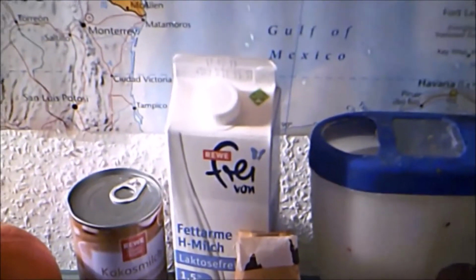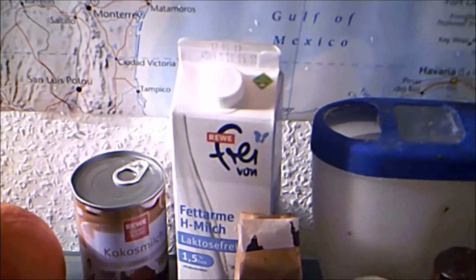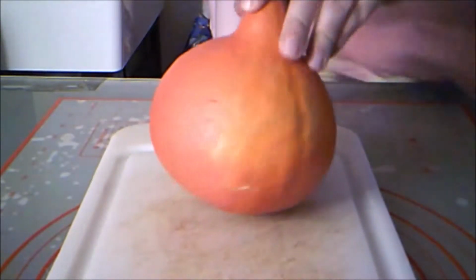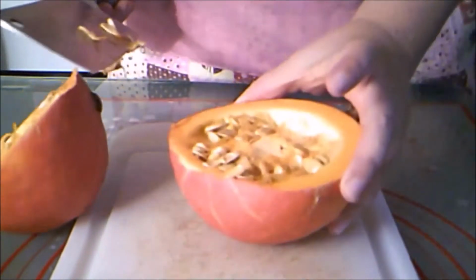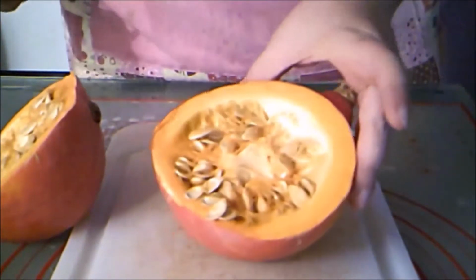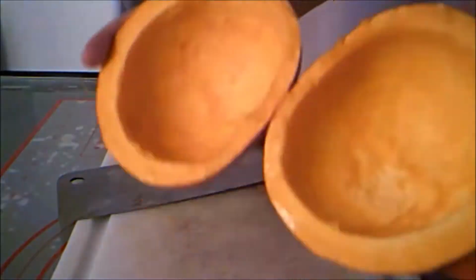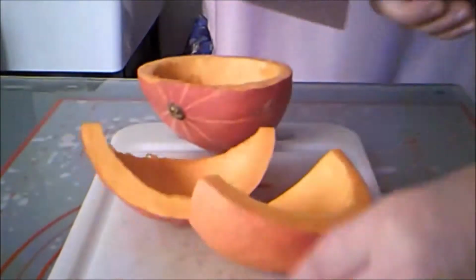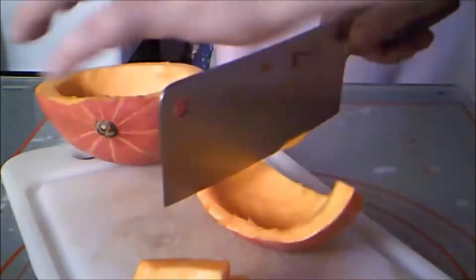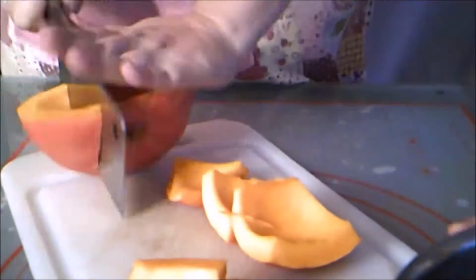First, I'll show you how to prepare the pumpkin, and then we'll put everything else together. I take my pumpkin and cut it in half with a large knife. This pumpkin has more seeds than I expected. I remove the seeds and use my large knife to cut the pumpkin into pieces and remove the stems. I put the pumpkin pieces into a pot,